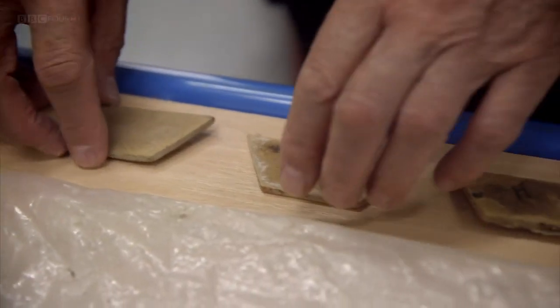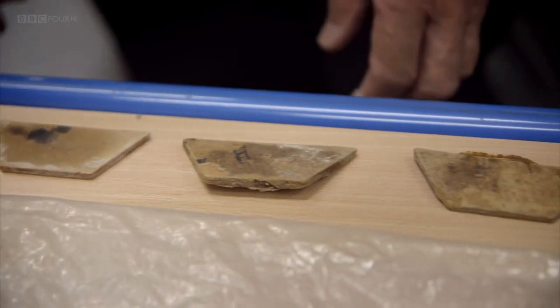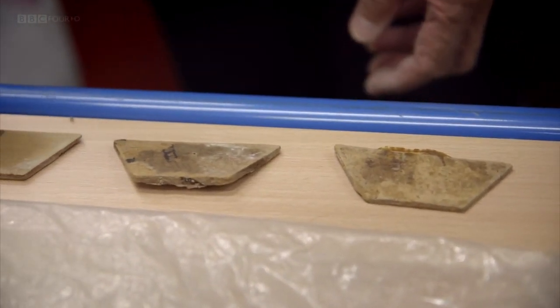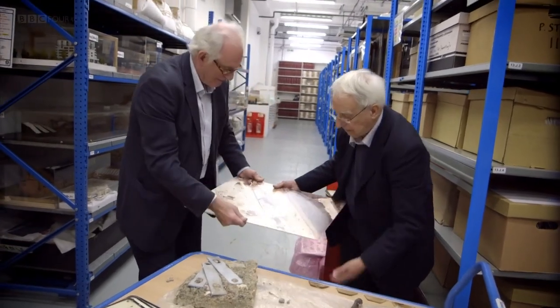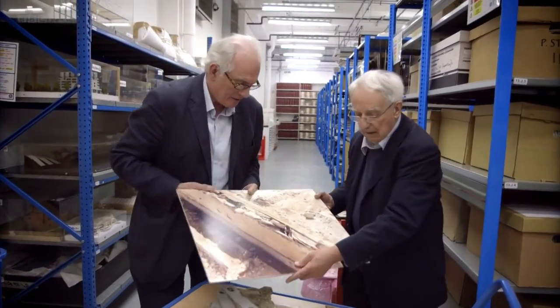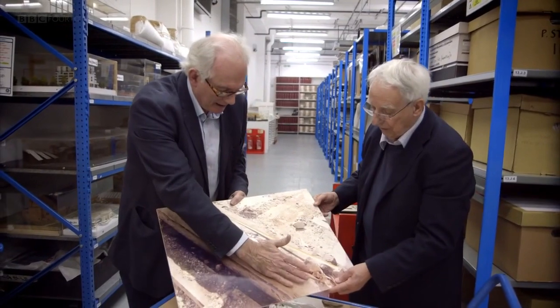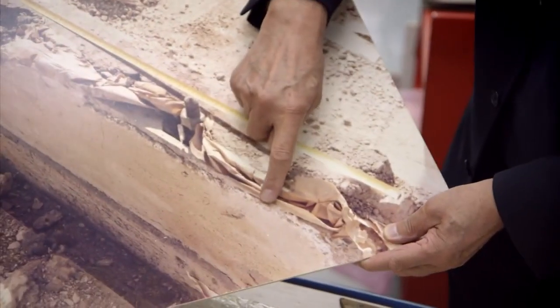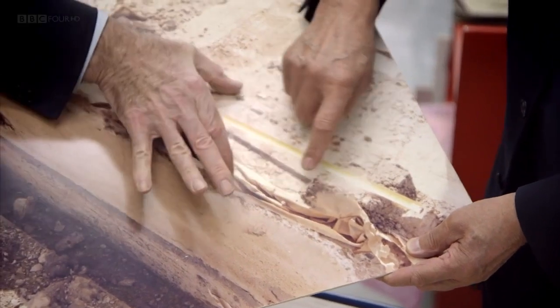That was part of the system, and this was to stop the floor sliding off the wall. Let's have a look at this photograph, which shows a floor. Here's a wall that's now been removed. Yes, from there to there should have been solid concrete,